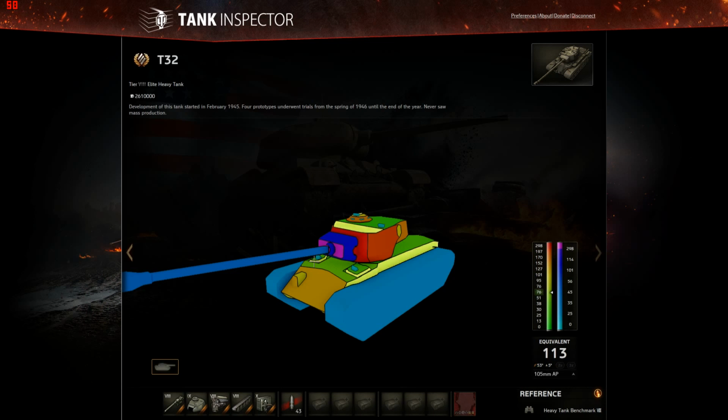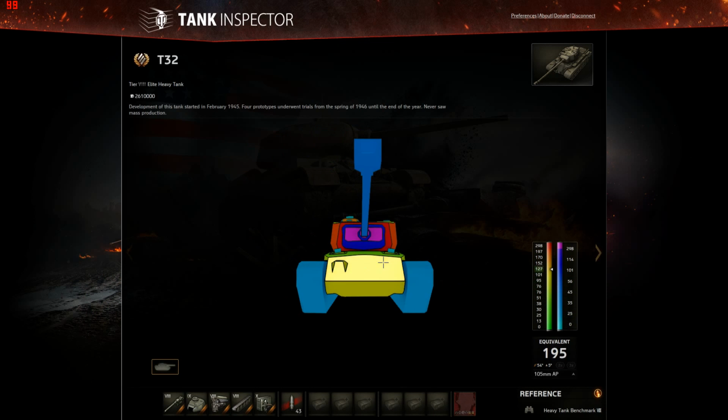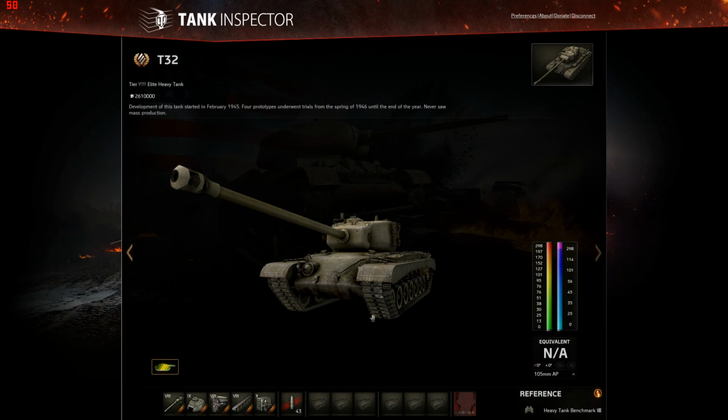If you have the gun depression for it, you want to be shooting here, where it's only 51mm, or these hatches here, where they're 76, or even 38 if you can shoot down right into the hatch top. If you don't have the gun depression for it, you're in trouble. But the actual upper and lower glacis,